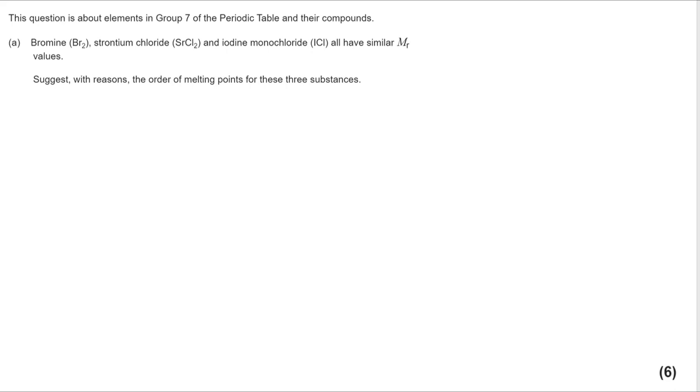This is a question on group 7 and bonding. It's 4 sections, A through to D. The first question is 6 marks, but it's not a 6-marker question in the sense that it's not levelled marking. So have a go at these, see how you do, and then review with the remainder of the video. Here's part A,